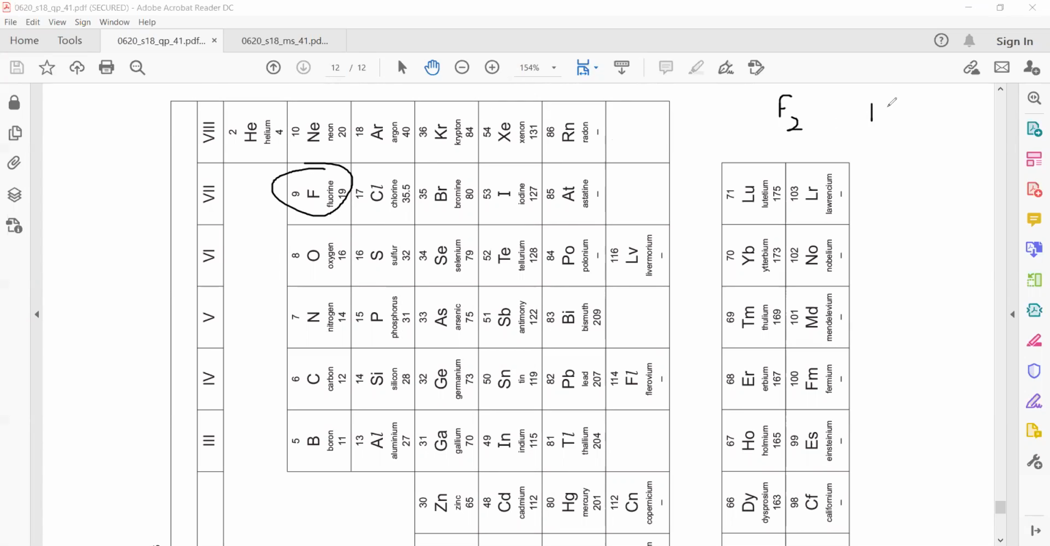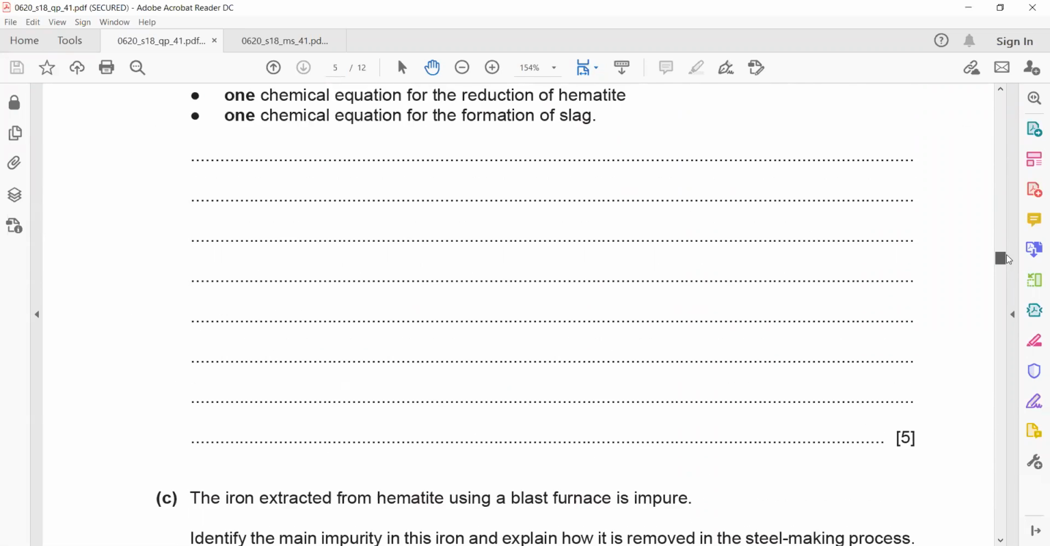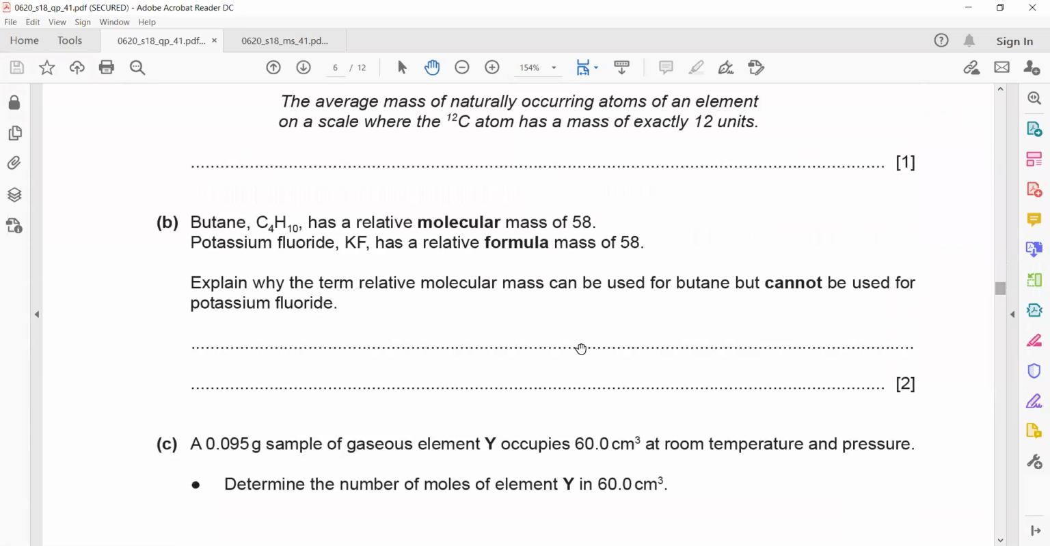So it will be 19 multiplied by 2. 19 multiplied by 2, that will make 38. So we conclude that this element is fluorine. From the information given, you can identify it, because they mentioned